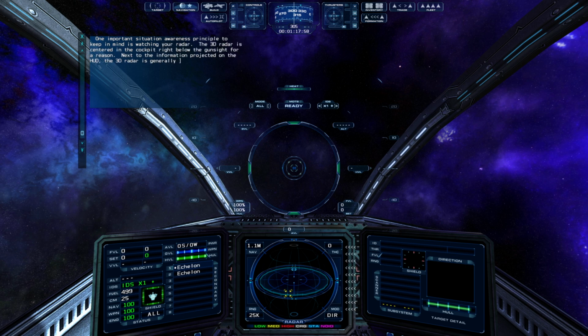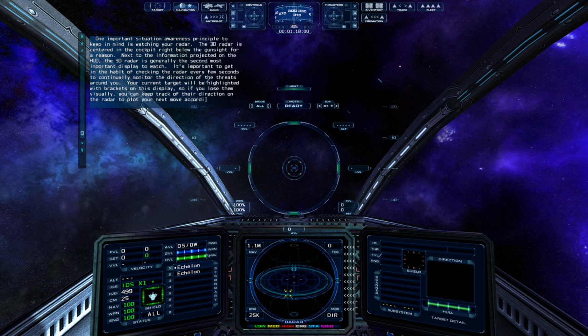One important situation awareness principle to keep in mind is watching your radar. The 3D radar is centered in the cockpit right below the gun sight for a reason. Next to the information projected on the HUD, the 3D radar is generally the second most important display to watch. It's important to get in the habit of checking the radar every few seconds to continually monitor the direction of